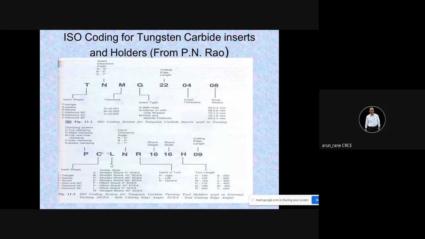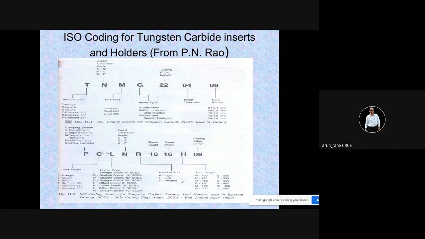Then third is holder style. That is, this angle is given so that your tool doesn't rub. That is these two angles. Your tool doesn't rub with the workpiece. So only the point, that is only the cutting edge, should touch the workpiece. The rest of the angles are given so that the chips can be guided and there is no rubbing against the workpiece.